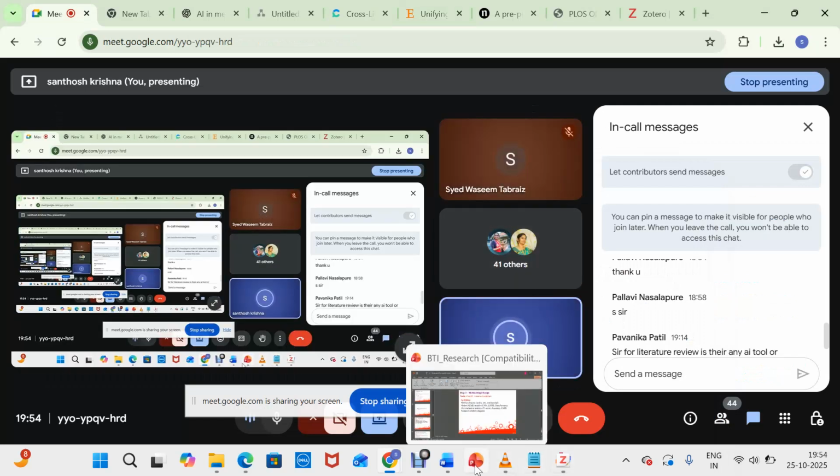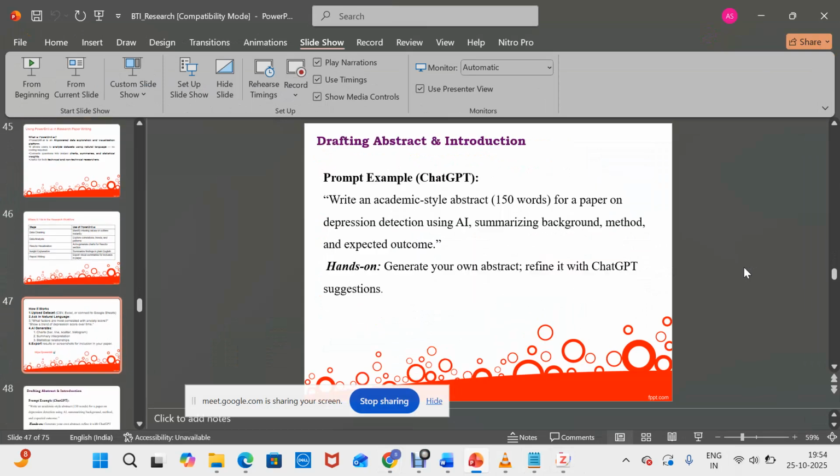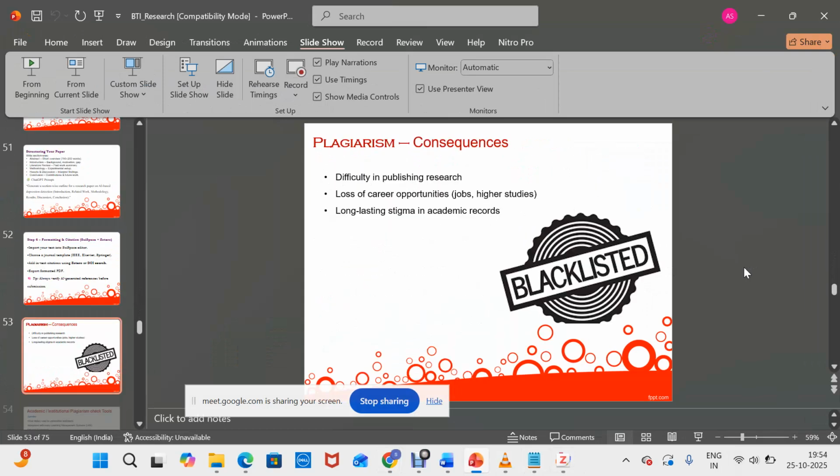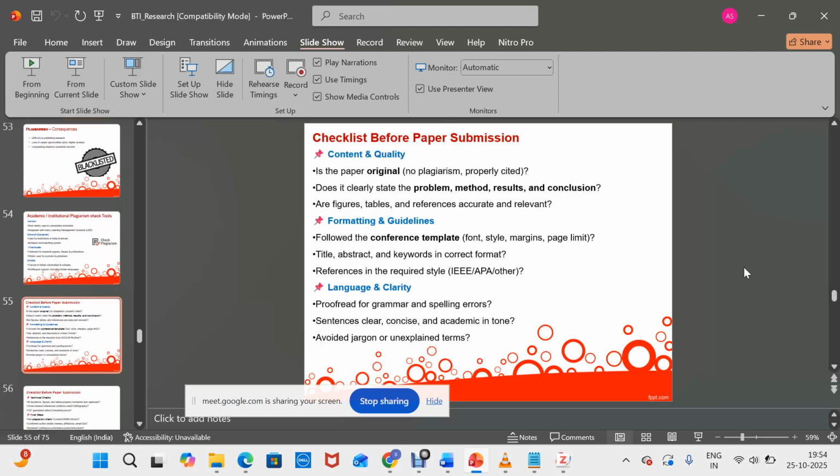Now I'll show you the remaining portion of your PPT as well quickly. Excuse me, sir. Yes, sir. Sir, you manually take a valid research paper link, you put it to Zotero and you save it through the Chrome extension. Correct, sir. If ChatGPT has given some references, can we directly put them into Zotero? Can we upload the same file to Zotero? Yes, you can do it, sir. Can you show that one to us?